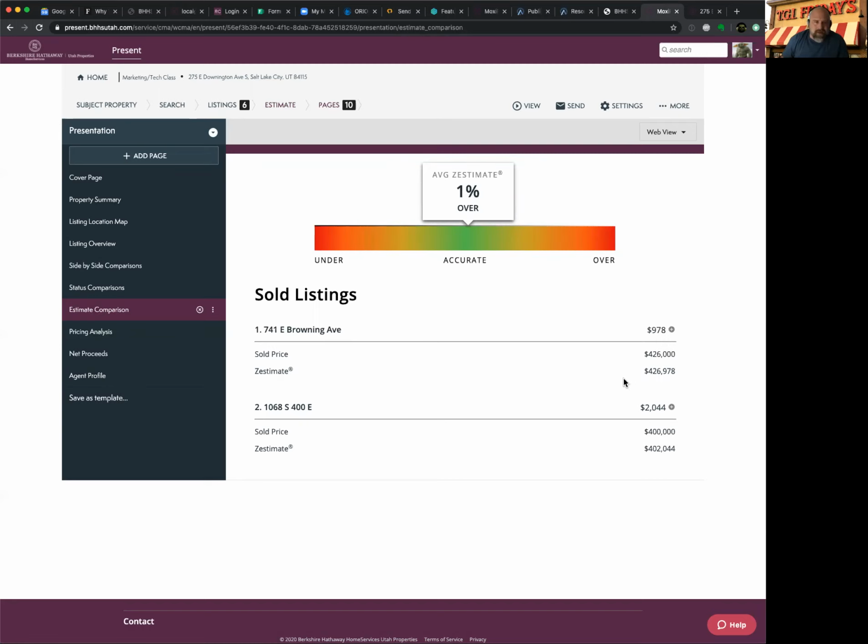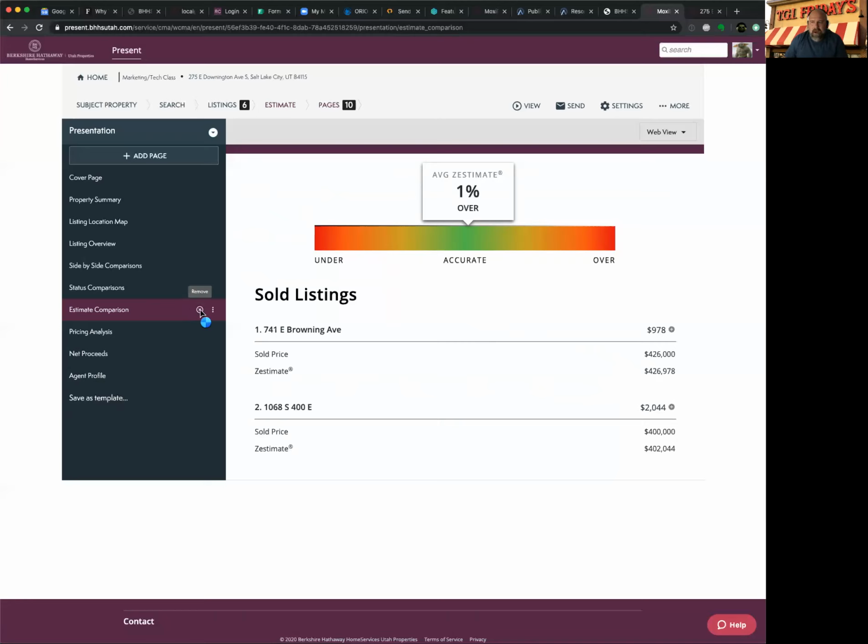Jamie and I have seen ones that are $20,000 off, $30,000 off. And I'm not talking about Park City listings. I'm talking about Wasatch Front listings where they literally thought the home was worth $30,000 more than it should be, or $20,000 less than it should be. So if you want to use this, and this slide supports the narrative you're telling, leave the slide in there. I've had agents that say, I will never have the word Zestimate or Zillow in anything I do, then just